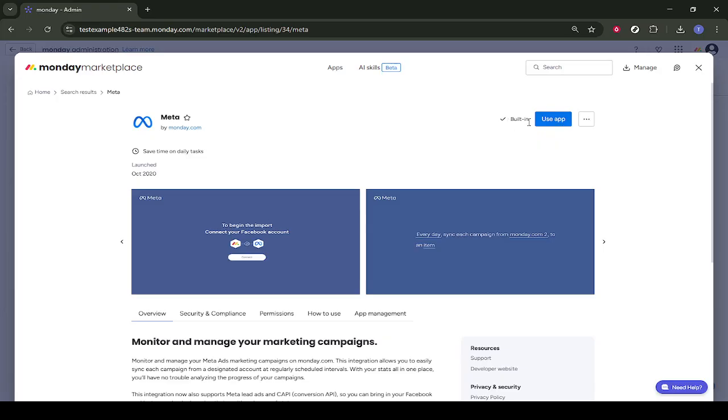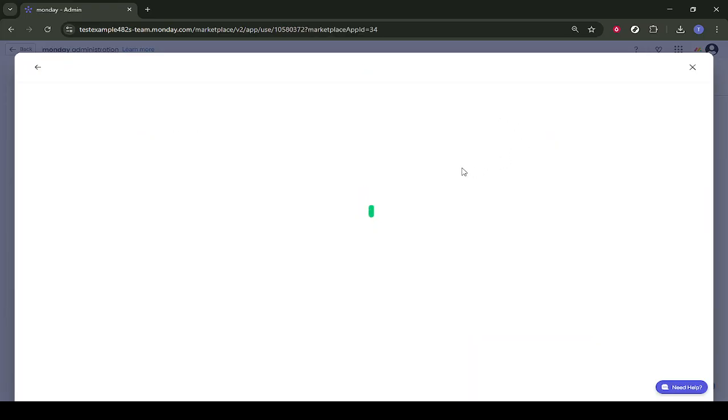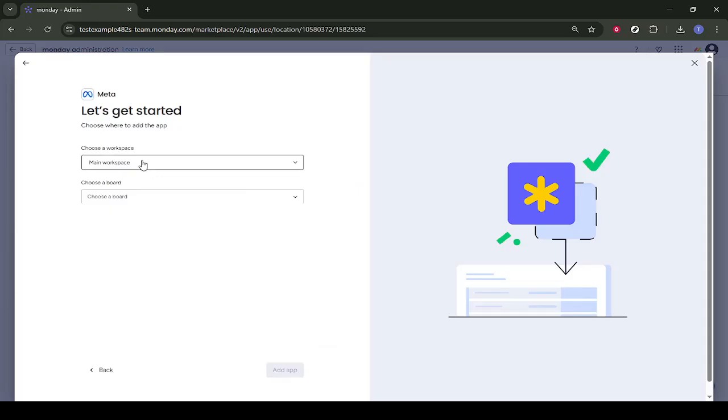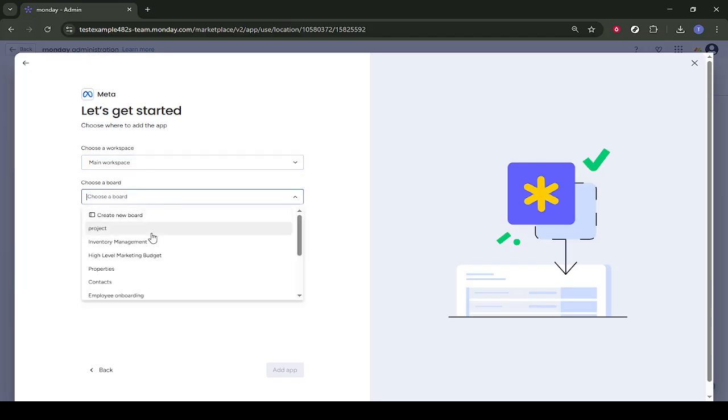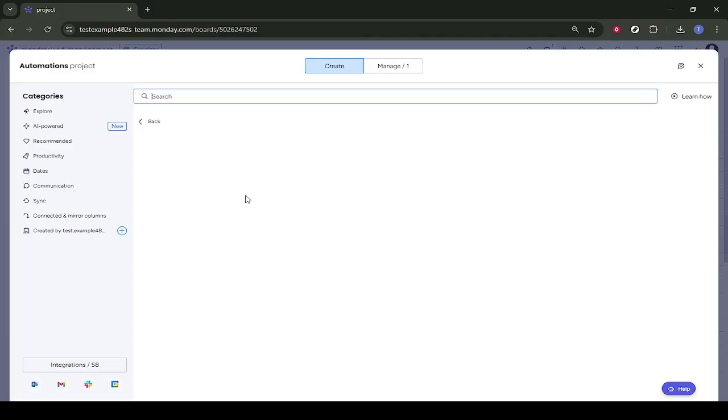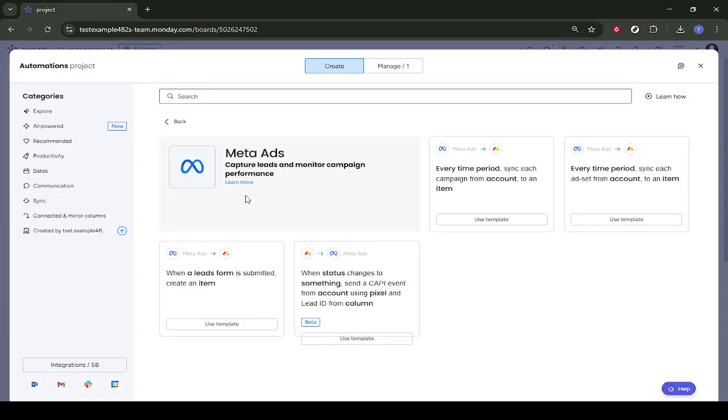You'll now be asked where you want to use this app. Choose your main workspace. If you see main workspace more than once in the list, select the primary one you use for your projects. After that, you'll be prompted to choose a specific board where the Facebook campaigns should sync. Click on Choose a Board, then select the board named Project or whichever project board you want to use. Confirm that choice if the project board appears again, and then choose a workspace if prompted, making sure it matches where that board lives. Once your workspace and board are selected, click on Add App to complete the installation and